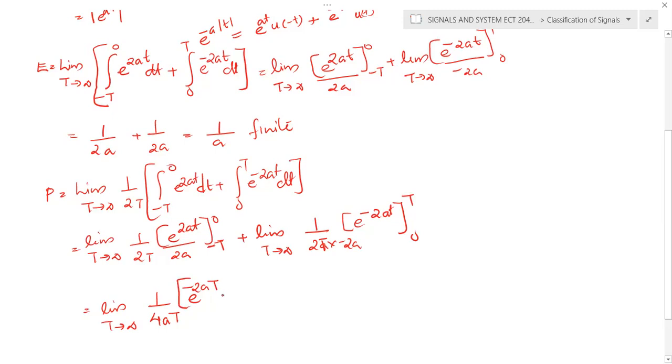And e raised to 0 is equal to 1, plus limit T tending to infinity, 1 by minus 4aT into e raised to